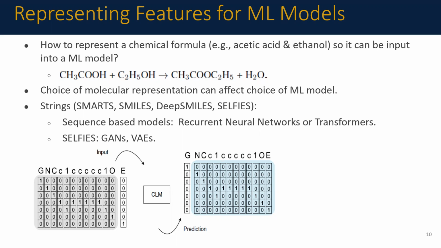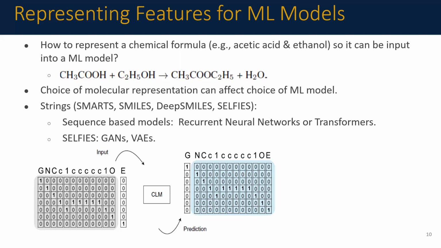machine learning model. Just to motivate things a bit, we show here a chemical formula that's expressed as a string. What we find sometimes is that how we decide to express the chemical information can affect the type of machine learning model that we end up working with. For example, last week there was a presentation that talked about different string representations. Some of the different representations could be SMARTS, it could be SMILES, it could be DeepSMILES,